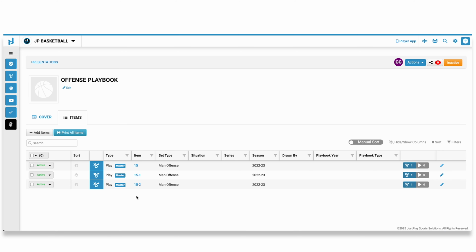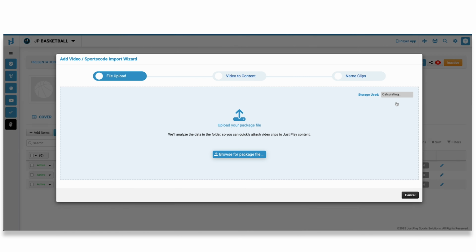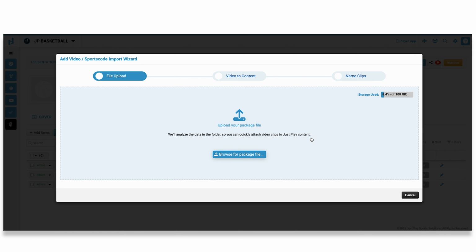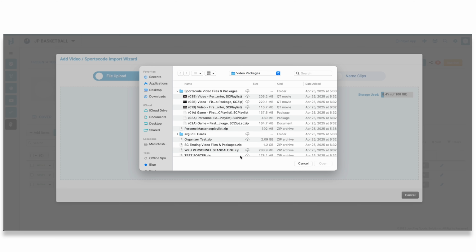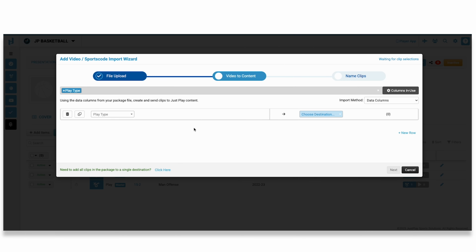First off, you want to make sure that the plays you want to add video to are active so that they show up in the wizard. Then I'm going to go up to Actions and go down to the SportsCode wizard, where then you can drag and drop your SportsCode file into this box or go ahead and browse for that package file like I'm about to do. Once I select that, it will open up that package inside of the wizard,